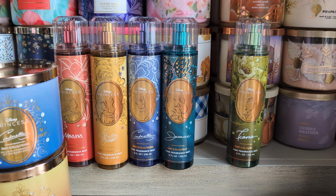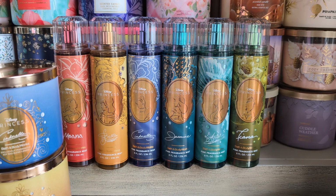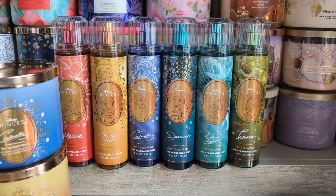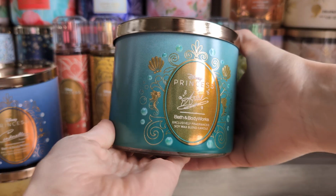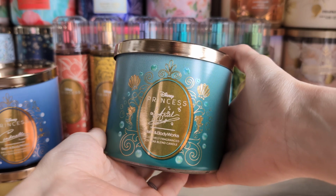It's not as floral as Endless Sea was. This is really straight-on aquatic, with a tiny hint of citrus, but it's not overpoweringly citrus, which I like. So let me sniff the candle. The candle smells more citrusy than the fragrance mist does, in my opinion,